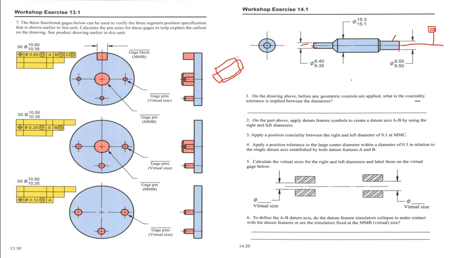And I'm not a GD&T expert. There might be some other reasons. We are not using these two symbols in drawings based on GD&T. So here, before any geometric control applied, what is the coaxiality tolerance? Here, I can say on these two diameters with this datum A, the central axis, it's 0.05 here,